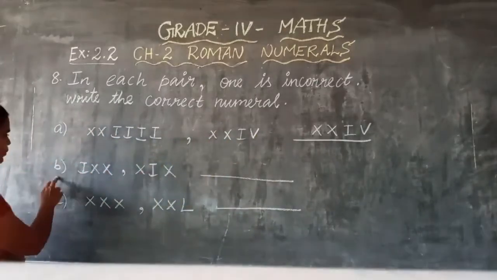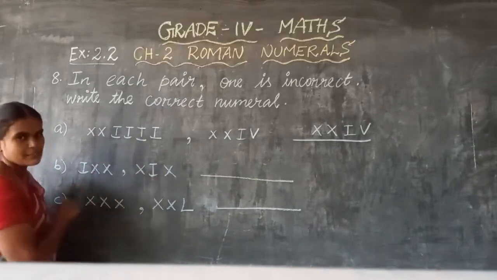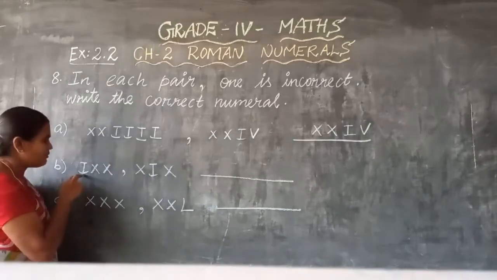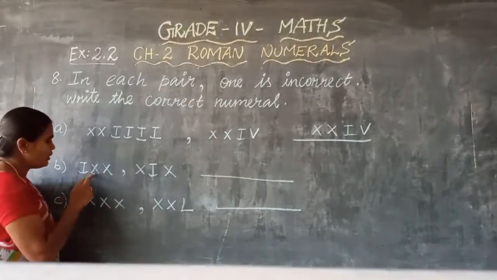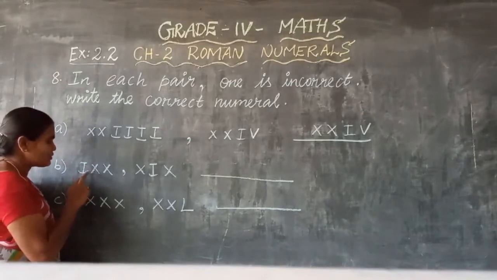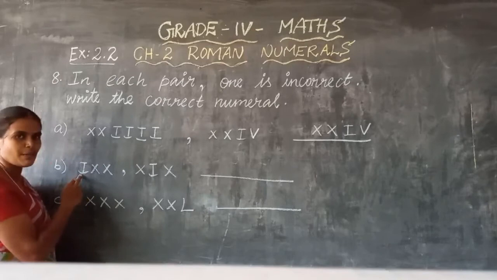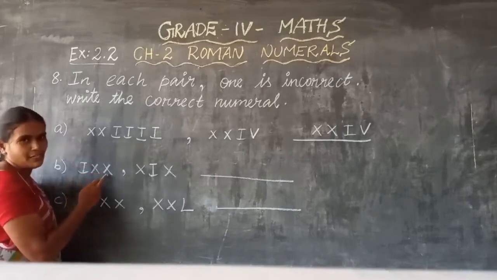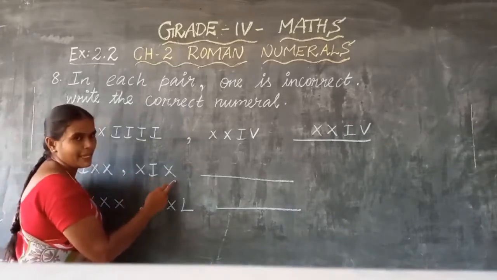Okay. So next, IXX, XIX. So here I is small number, I value 1, X value 10, X value 10. So here which one is the greatest number? X. So left side you have the small number means subtraction. 10 minus 1, 9. Then here given X. So this is wrong. Look at here XIX.